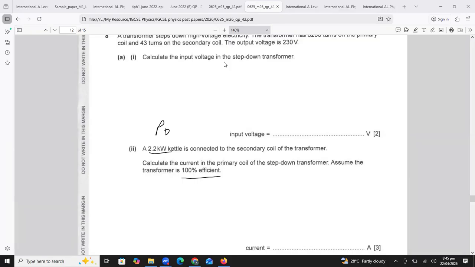Ideal means input power of the transformer is equal to output power. Such types of transformers are ideal. वैसे ऐसे ideal transformers exist नहीं करते. Transformer में power loss बहुत ज़्यादा होती है, ठीक है? So ideal transformer means that the input power of the transformer is equal to output power. And what we have to calculate, student, is the primary coil current. Primary coil current का